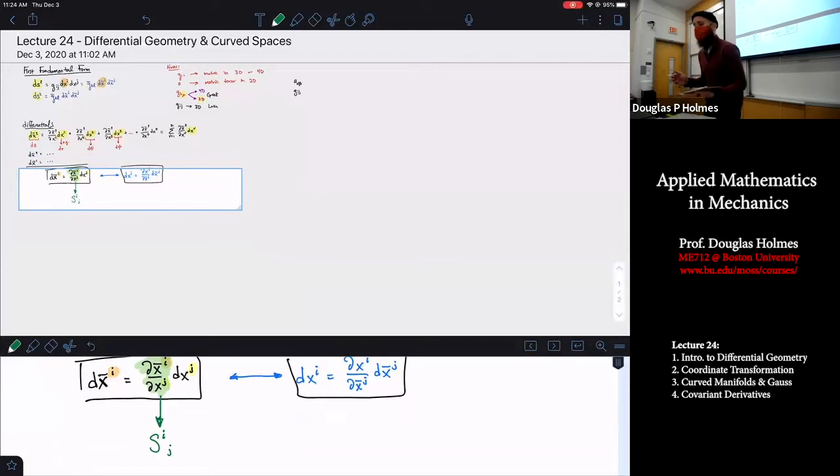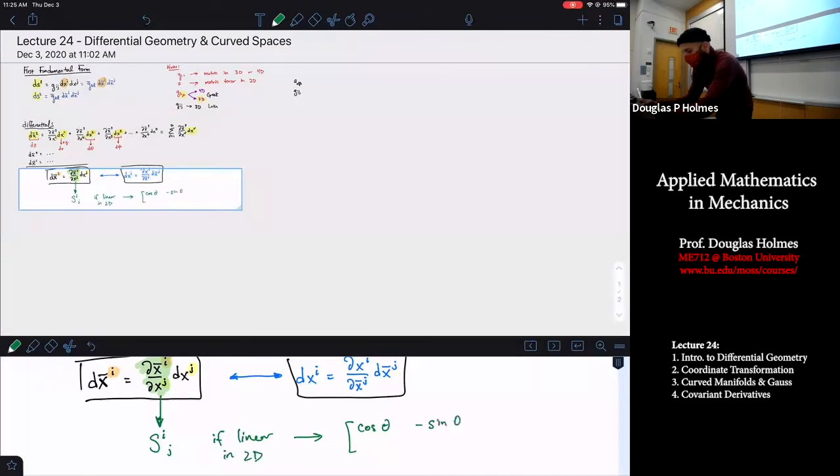And this tensor actually looks kind of like what you're used to seeing in linear algebra when you use a rotation matrix. If the coordinate transformation is linear, and we're mapping between two linear changes in our coordinate systems, then this reduces to something you've seen before, which is like cosine theta, let's say in 2D, sine theta,